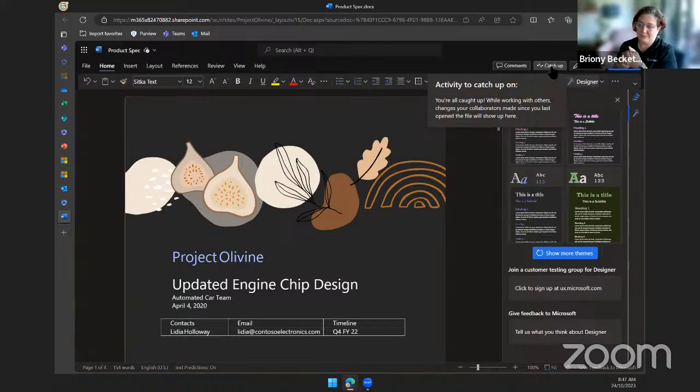But if this was a document I was working on with a few other people, when you click onto that catch-up button, it will show you who had been editing the document, where they might have made changes. So it can be a really good time saver rather than you having to work out, okay, when I was in this document last week, what did it look like? What does it look like now? What's changed? That catch-up button is a really handy feature.